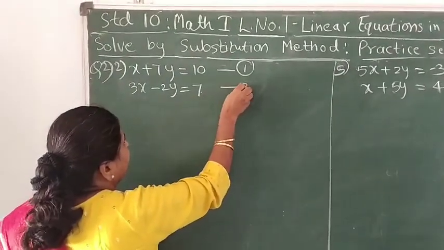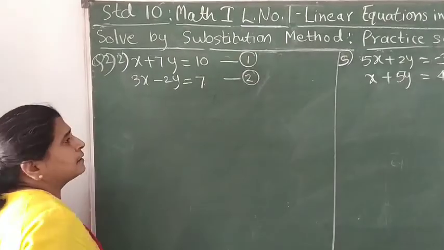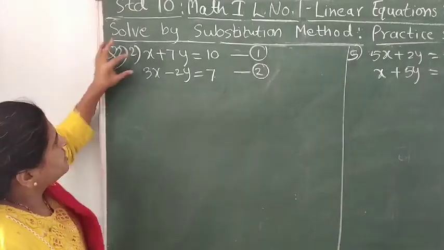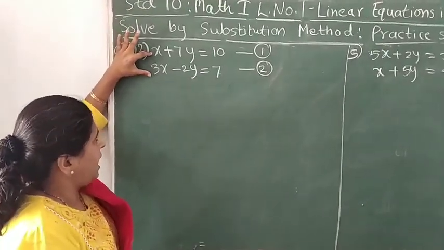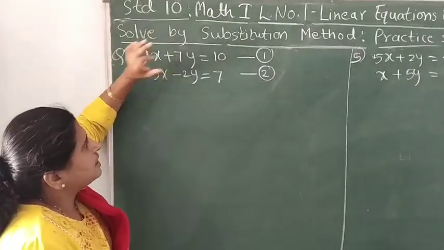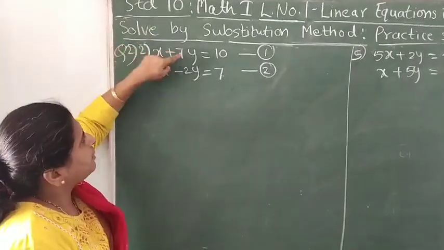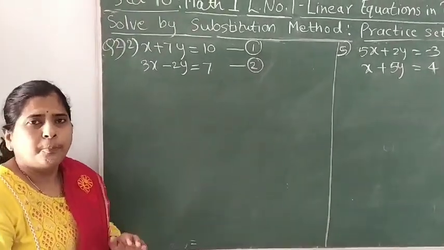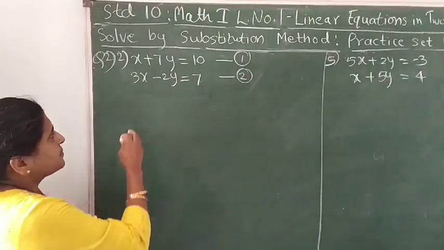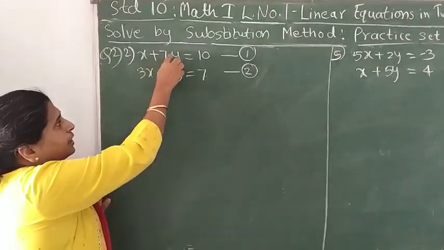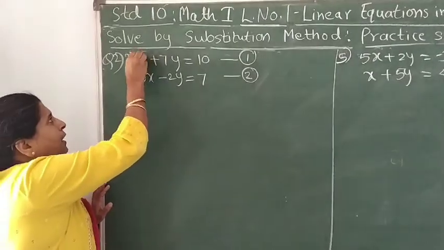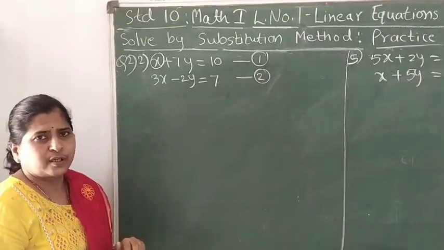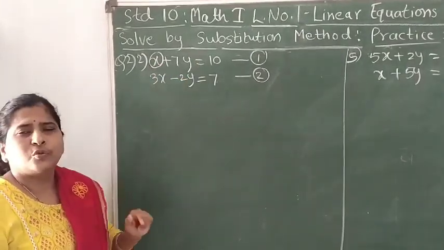Now what is the speciality, why is it easier to solve these sums by the substitution method? Because here you can see that the coefficients of x are not the same, and for y also they are not the same. Of course we can multiply equation 1 by 3 and make it the same, and use the elimination method. But for the substitution method, how is it useful? As one of these four terms has a coefficient of either plus 1 or minus 1. So in this case, the substitution method is also very useful.